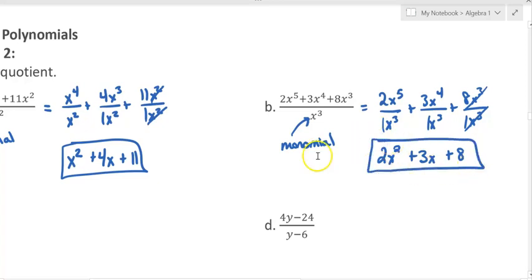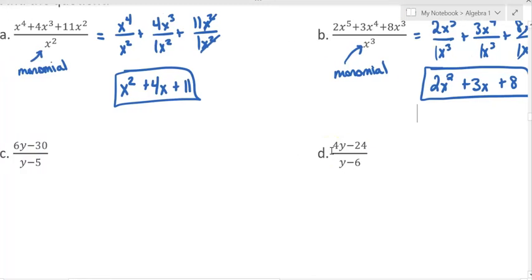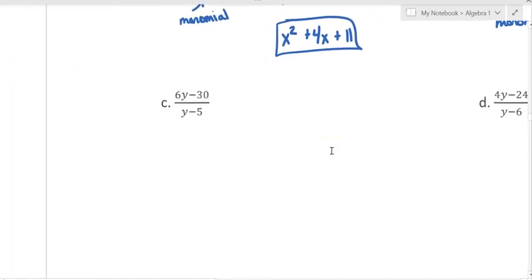Now, that's what you do if it's a monomial, meaning one term. All right, check this one out. This is obviously not a monomial. This has 2 terms on the bottom, so this is a binomial. So when it's a binomial, what you're going to do is you're going to look at the top, okay? So up here, you are going to factor out a GCF. And for right now, since we don't really know what we're doing heavily, I'm going to think of it as